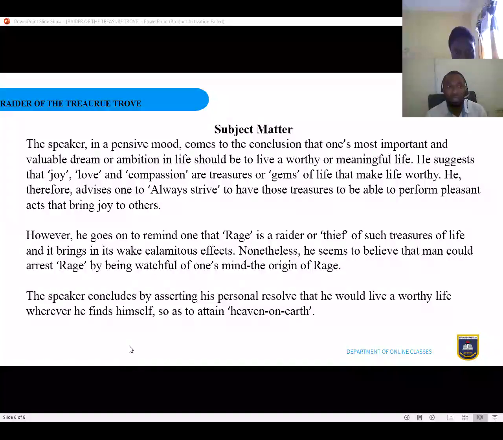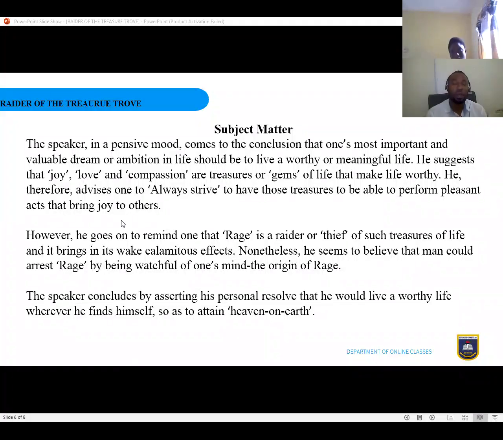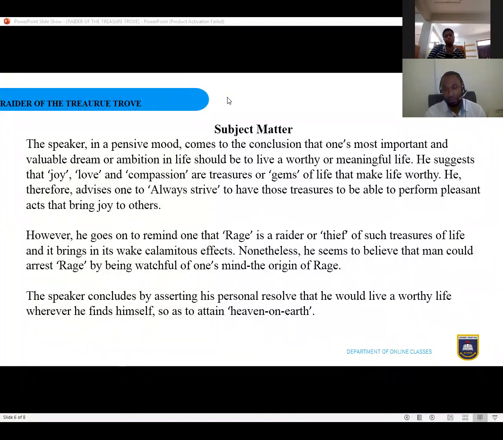So we are not supposed to just live this life in our rooms, in our bedrooms, or whatever it is, but wherever we find ourselves, even in the classroom, at church, wherever we find ourselves, you are supposed to be able to control your mind. Control your mind. So keep that in mind. Learn how to control your mind. It is very important.